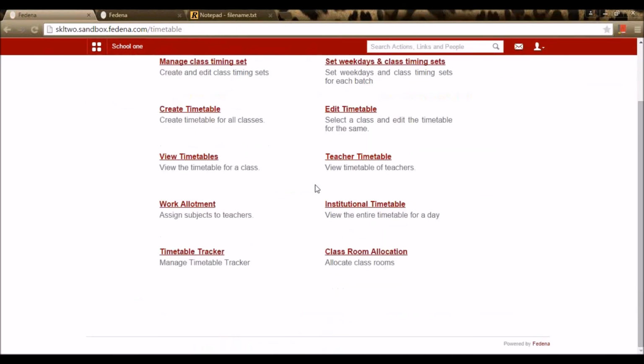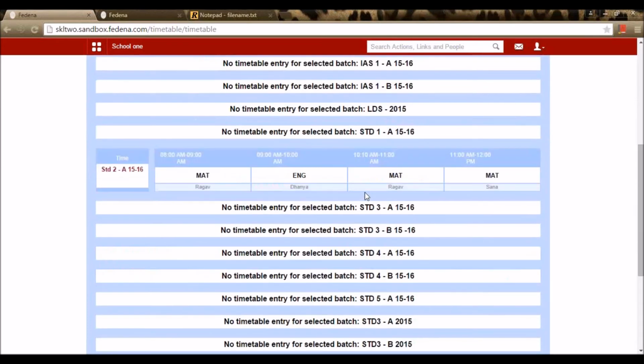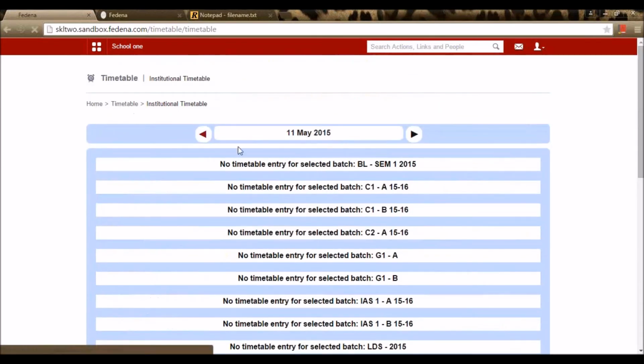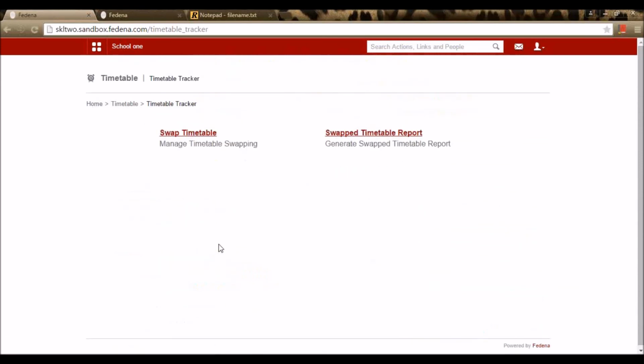Let's move to timetable and see the other options. There is an institution timetable where we can see the institution timetable for the day. So let's go for timetable trackers. Here we have an option of swap timetable.